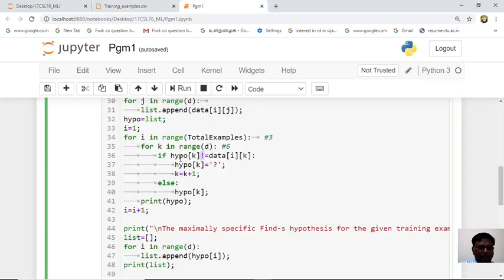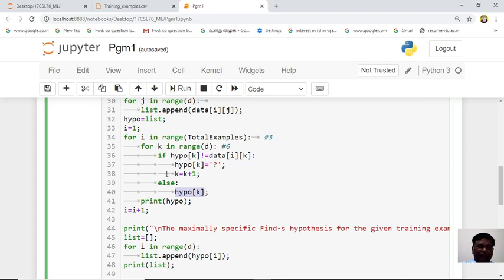Now you see in the program, this condition will become true or false. As per our data, sunny equal to sunny, so this condition becomes false. So it does not change anything. Only the else case will run, hypo of k is retained.